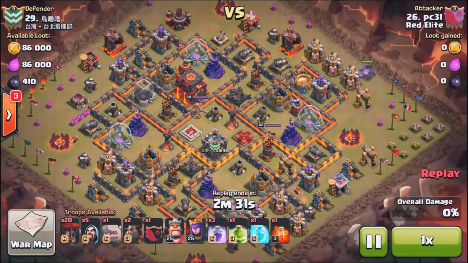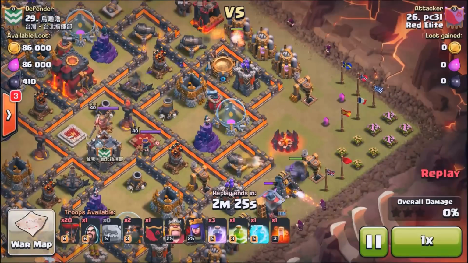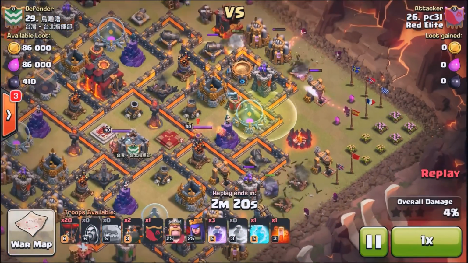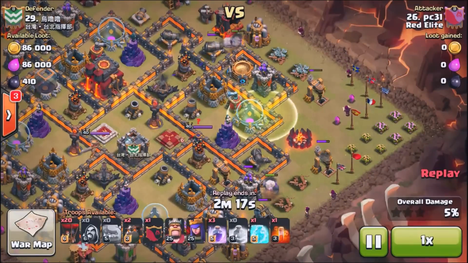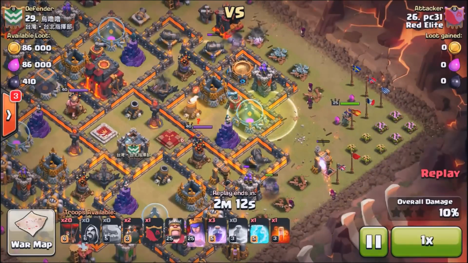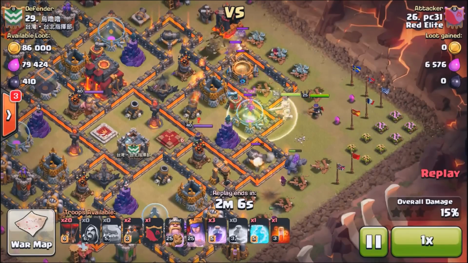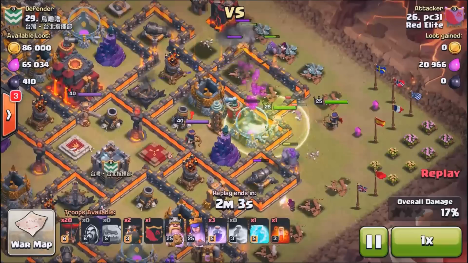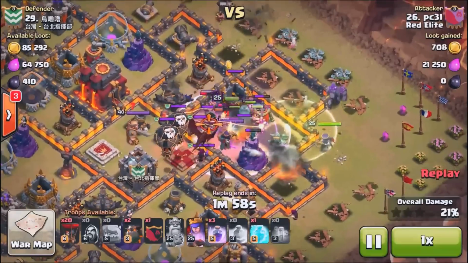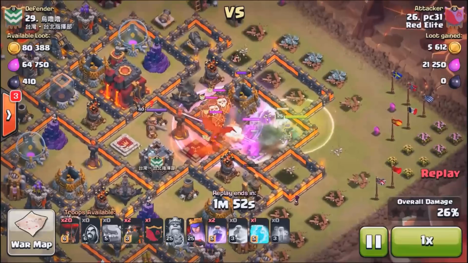Going to start out with a recent attack by PC31. You guys who've been with the channel for a while now know him. I brought him on to discuss war weights, and this was a recent 3-star attack that he was very proud of, and rightfully so, because it was a very impressive attack. You can see it's GoLaLoon, and do you notice any design flaws in this anti-3 base design? It's not a great anti-3 base, because the two air defenses, the Queen and the Inferno Tower, are all kind of bunched up in one area that's fairly easily accessible using one jump spell to get the